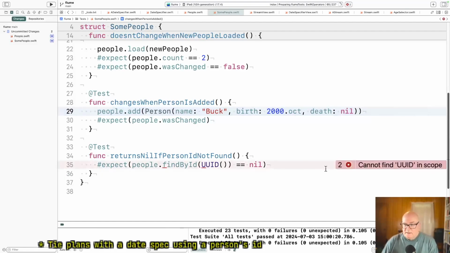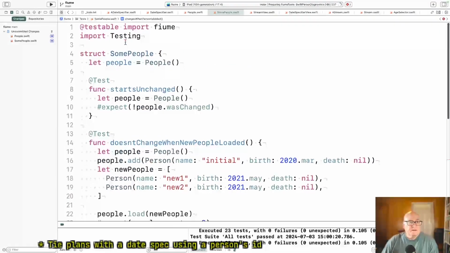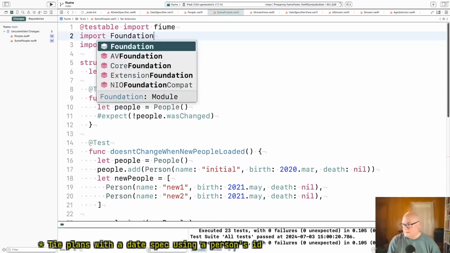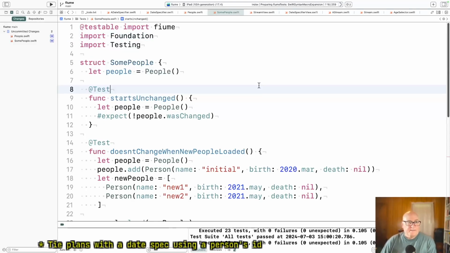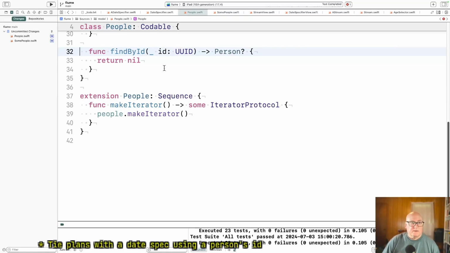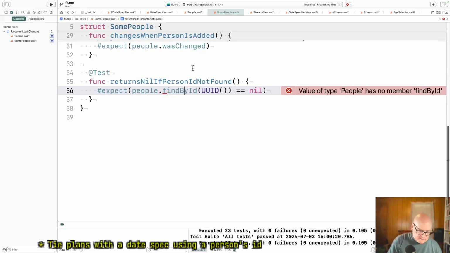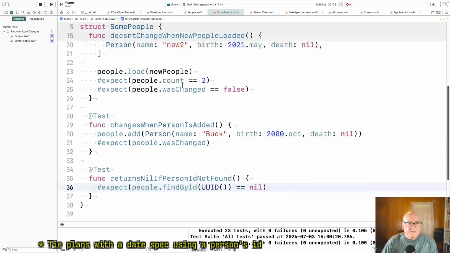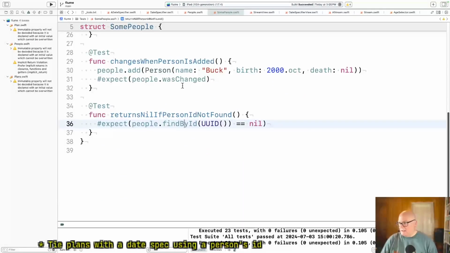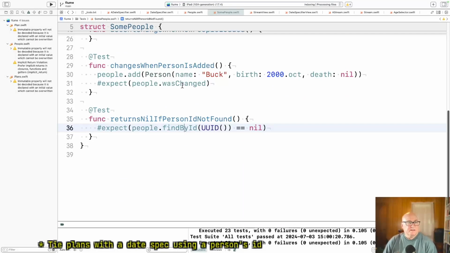All right, now this UID, import Foundation. People has no find by ID. I thought we just put that in there. Yeah, you don't have one, but I can find it for you. Okay, this should pass. But it's kind of a default implementation.